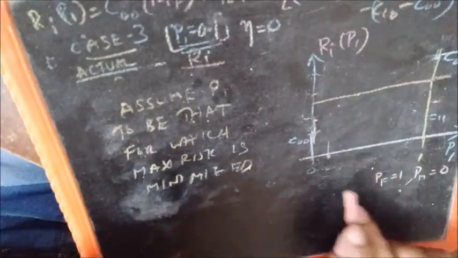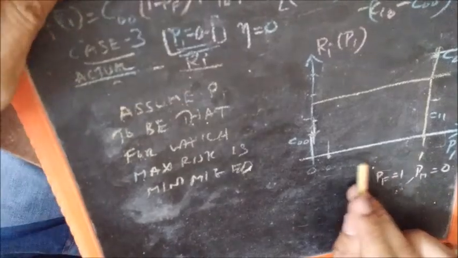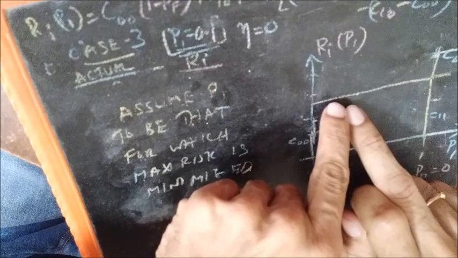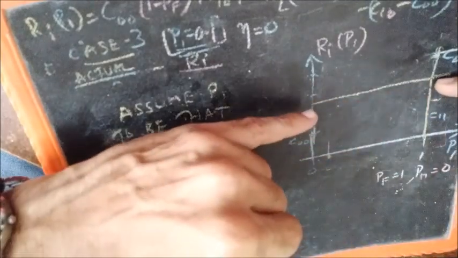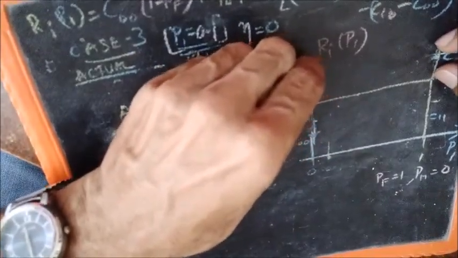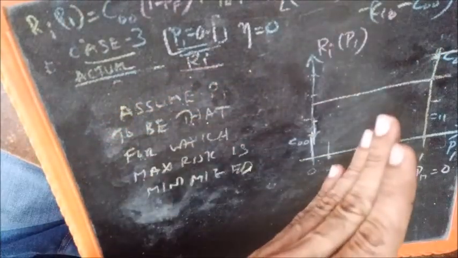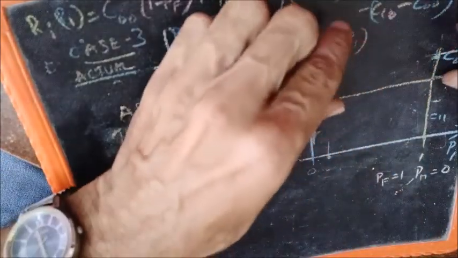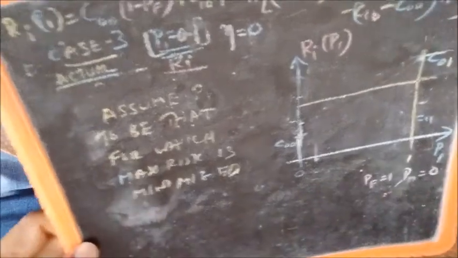Whereas if you assume P1 to be somewhere in this region, you are going to get a variation of the risk with respect to actual P1 like this, and the maximum risk you are going to encounter is less than this as well as this. This range is the maximum risk. Of course, these are all the same risk. So this is the maximum risk you can have when you assume P1 to be on the lower side. If you assume P1 to be on the higher side, you are going to get the same maximum risk. So this is the way you go ahead when you do not have knowledge of P1.